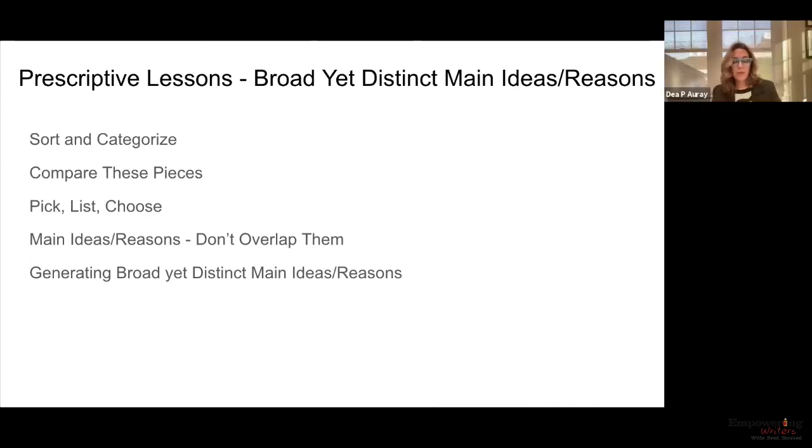And again, the prescriptive lessons are really a range of them. So depending upon where your students are, you don't have to do them all. You can certainly pick the ones that are most appropriate for the individual students. But the takeaway from this particular section about the authors group revision model is it really allows kids to have the same conversation as a whole first, and then they can go back and work on their individual work.